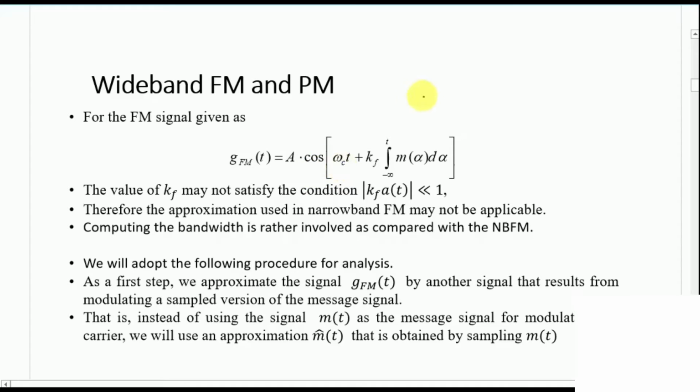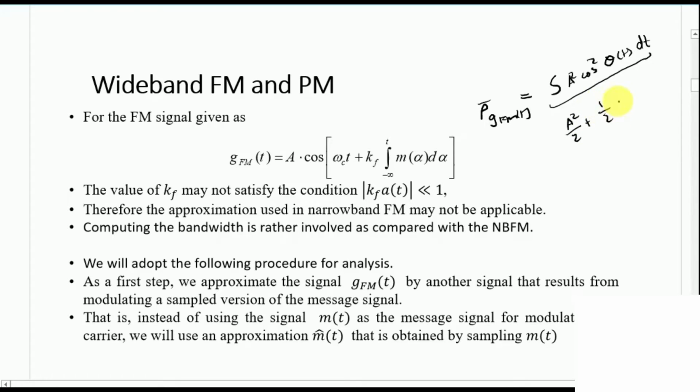If we want to find the average power of phi FM of t, that would be equivalent to the integral of a square cos square, and just let me call the argument theta, dt, right? So cos square theta is 1 by 2 plus 1 by 2 cos 2 theta, so this would become a square by 2 plus